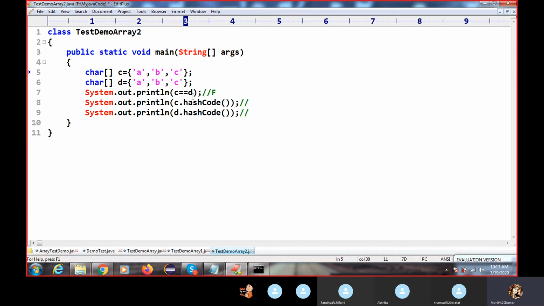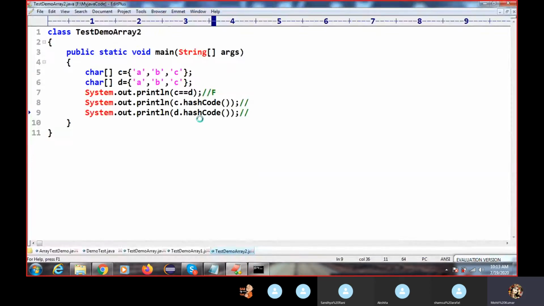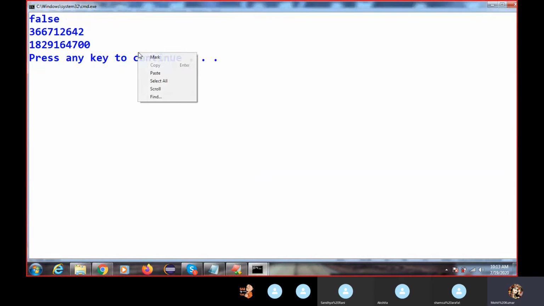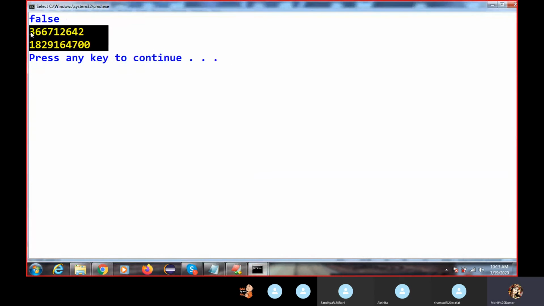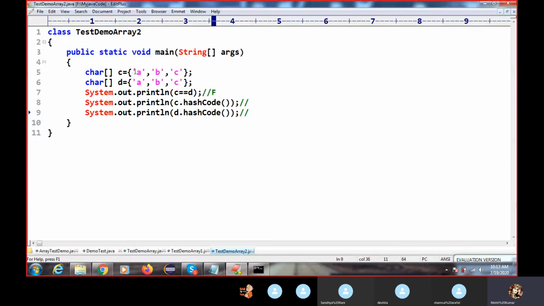Because the double equal operator is not comparing the content. It is comparing the reference variable. If you find the hash code of these reference variables, we will get different values. That's why this comes false. Got it, right? Both numbers are different, it is not comparing the content.